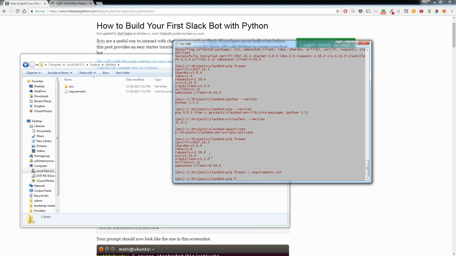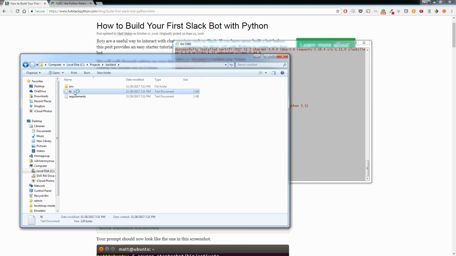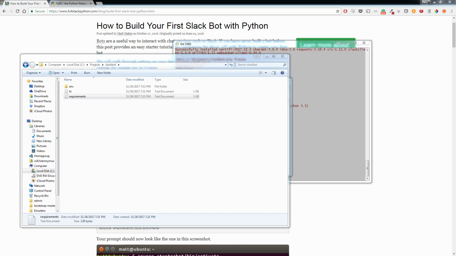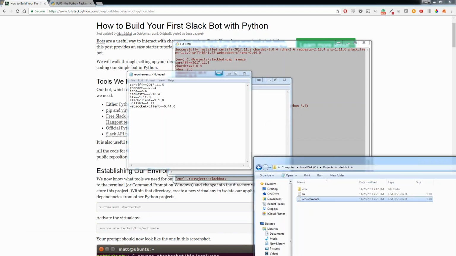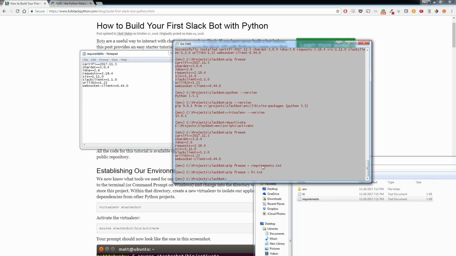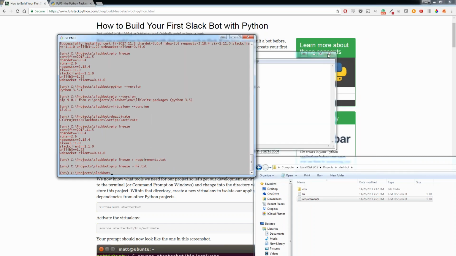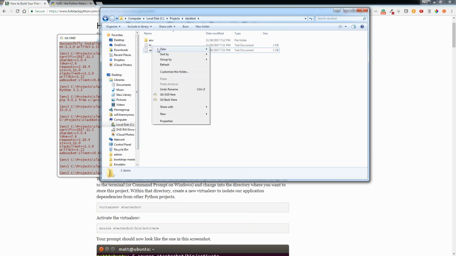And so I can do pip freeze, so these both contain the same thing. So here's requirements.txt, here's hi.txt. They output the pip freeze to a text file. So that's nice. And we're going to delete hi.txt because we don't need it. So requirements.txt, for those of you who don't know,